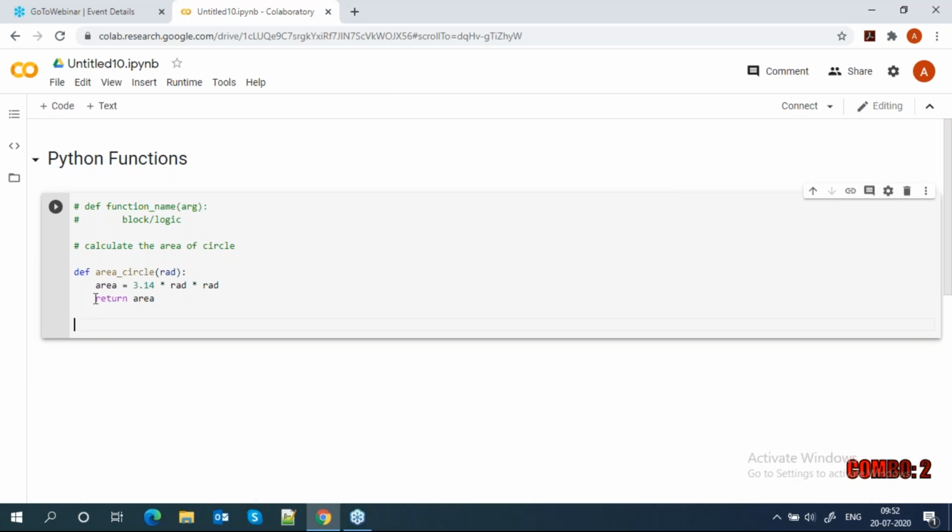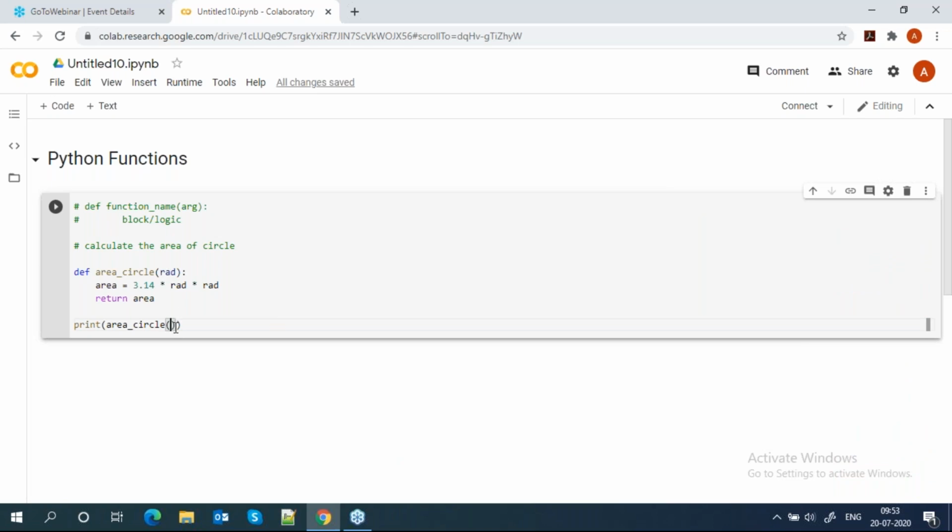Suppose now my function is created. Now how do we use this function? To use it, we call the function by its function name. Here I pass one argument, so I need to pass a value for this argument.